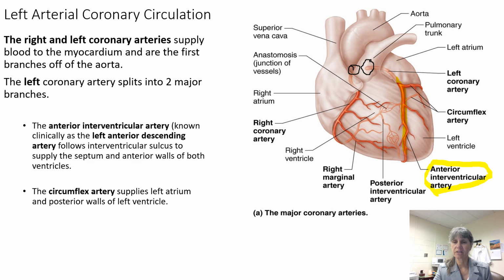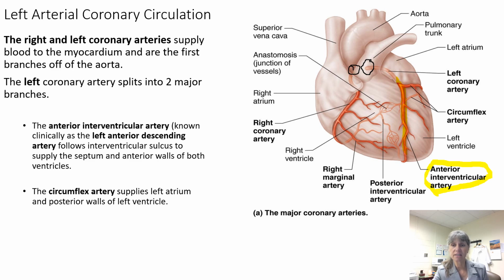The anterior interventricular artery comes off the left coronary artery, and sometimes it's also called the left anterior descending artery. This is going to be found in a groove on the anterior surface of the heart that's known as the interventricular sulcus, and it's responsible for supplying fresh blood to the anterior walls of both ventricles, as well as